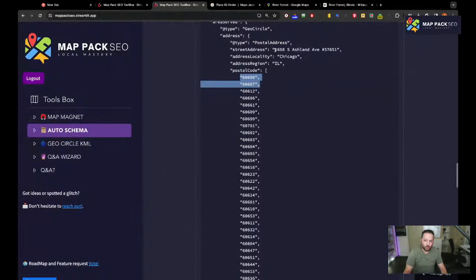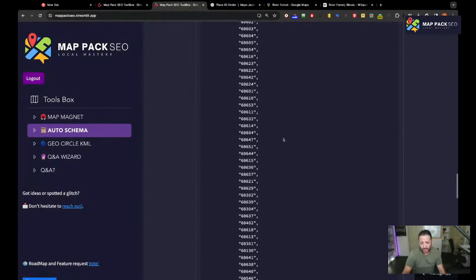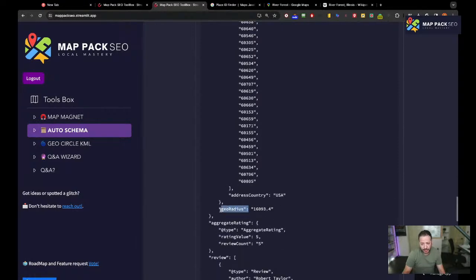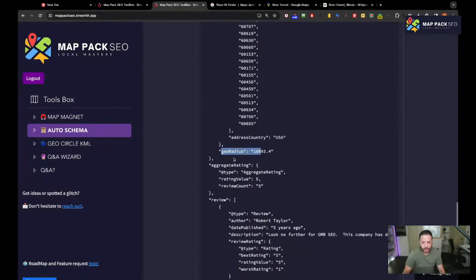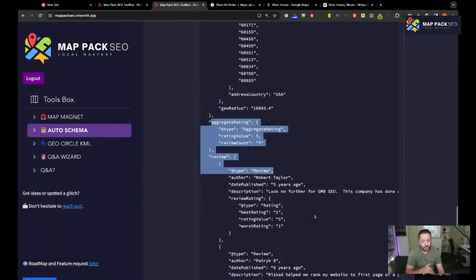So I try to add more zip codes around that 10 miles that we put in the area, plus it's going to give you the geo radius coverage. And right now it has the reviews as well. And I'm trying to build a bit more on top of this and add the same for social media, same as Wikipedia services. I'm still trying to pull more information into this schema. So it's still a work in progress, basically.